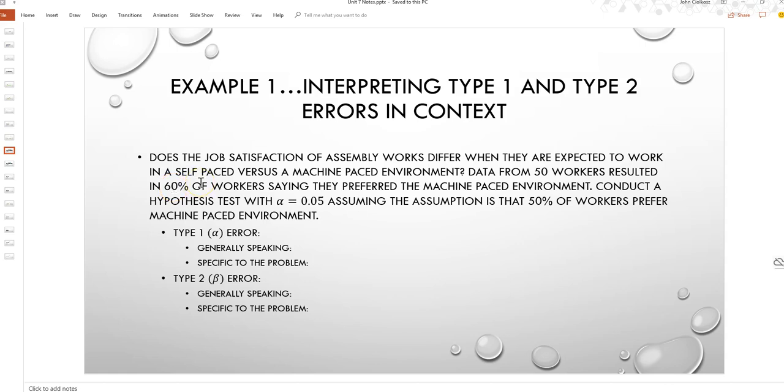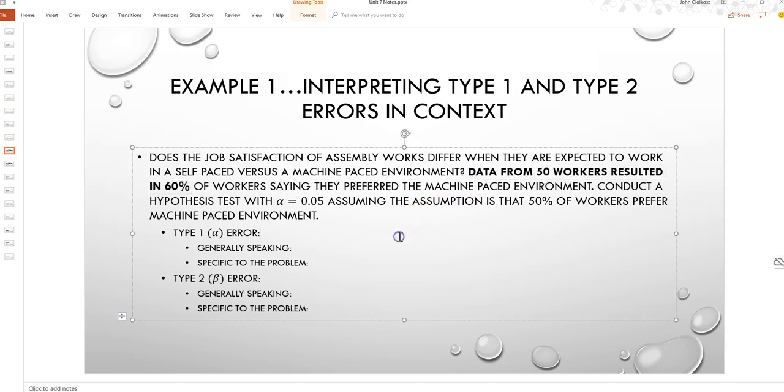So again, with proportions, we're either given things in terms of a number of trials and successes, or we could be given a percentage in a sample. So here we have data from 50 workers resulted in 60% saying they preferred the machine-paced. We're not actually going to conduct a hypothesis test right now. We're just going to get a general idea of what it's going to look like. So if we think about here,